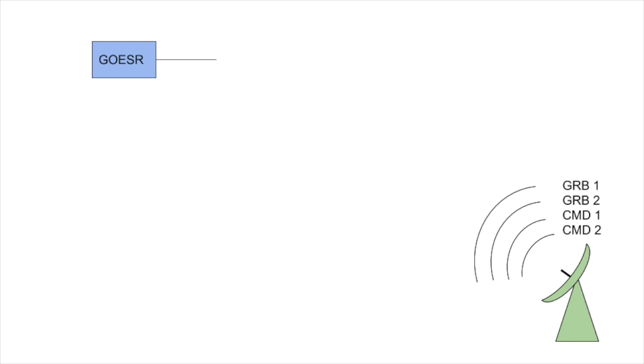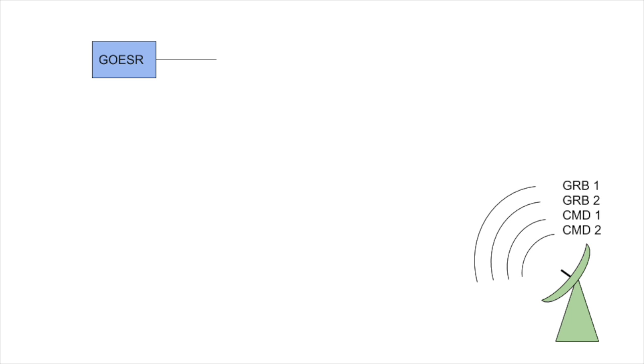The other 2 uplinks are for the GRB, which stands for GOES Rebroadcast. This uplink is continuously sending processed weather data from the ground system to the satellite. The satellite then bounces the signal back down to Earth. This method of receiving a signal and retransmitting it back without altering the data in any way is called a bent pipe. By rebroadcasting this weather data out to the entire Western Hemisphere, anyone can now receive weather data, even